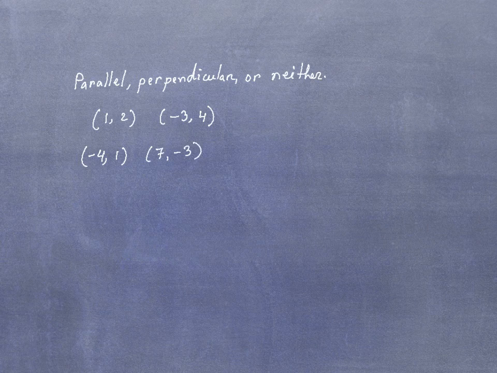In order to determine whether two straight lines are parallel, perpendicular, or neither with respect to each other, we need to find the slopes of these straight lines, and that's going to be done by using the slope formula. Let's call this slope M1